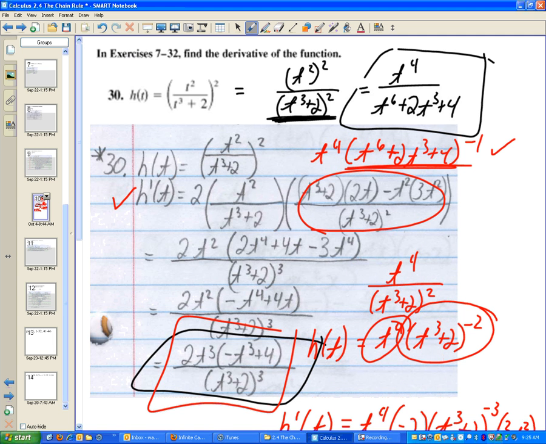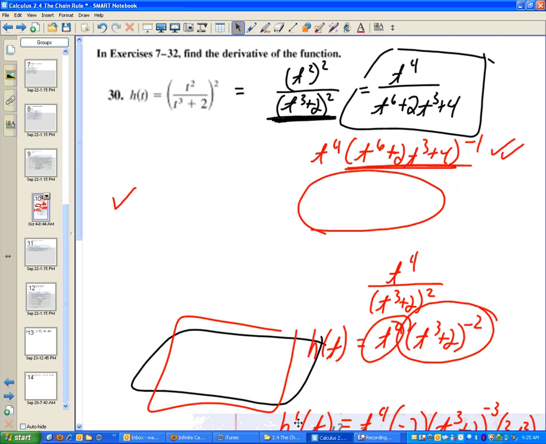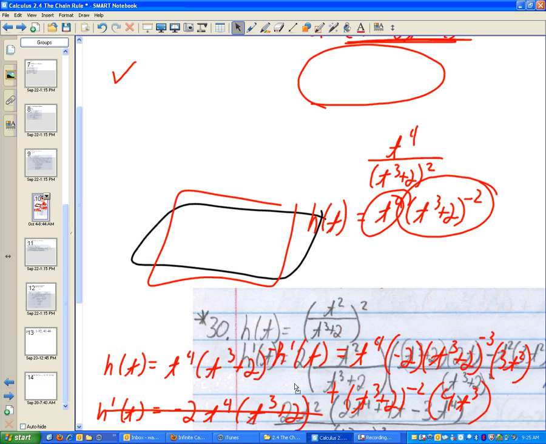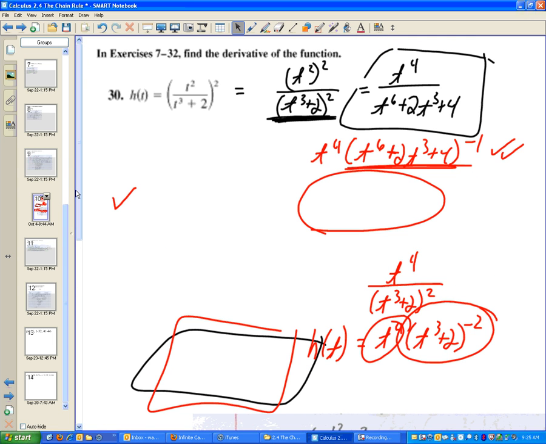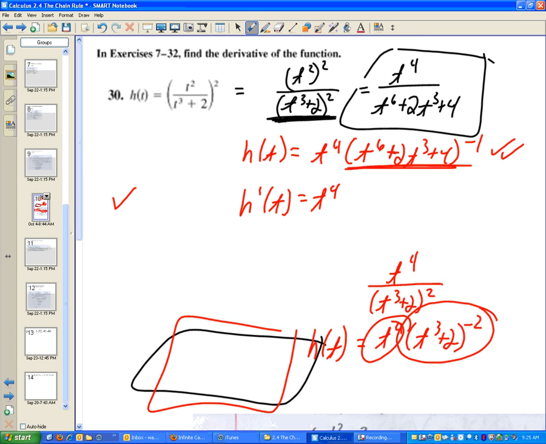Okay, which version of what I've got written are we talking about? Here? All right, because if I take the derivative of that, ugh. Let's not cry. There's no crying in calculus. So, if I take the derivative of that, if that's h of t, I've got to product rule it. First function times the derivative of the second. To take the derivative of a quantity with an exponent on it,